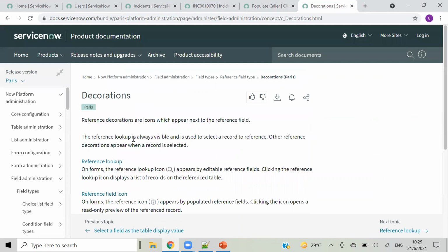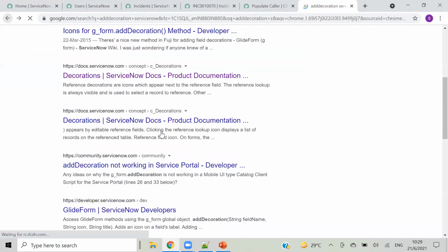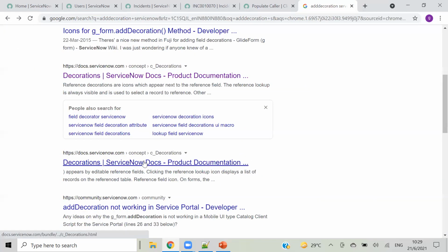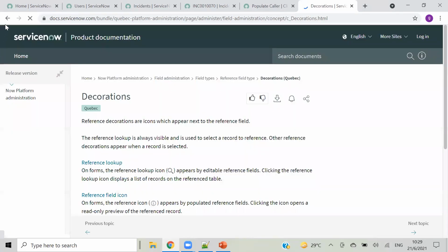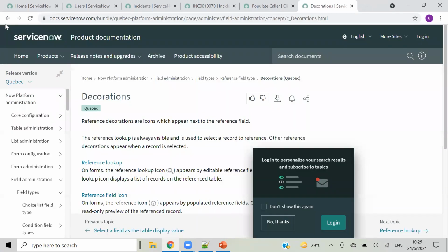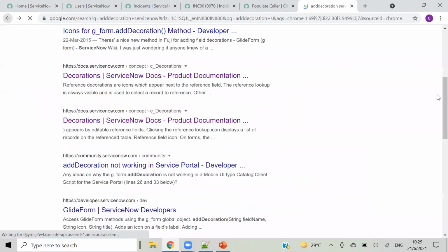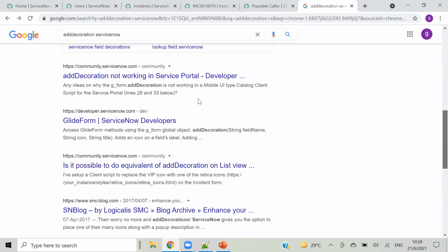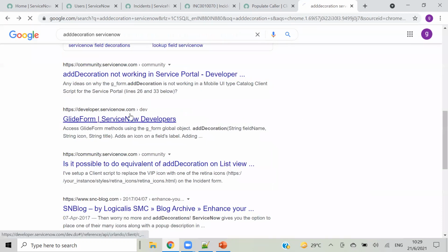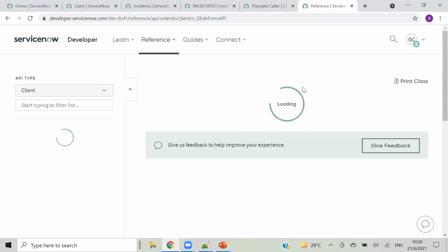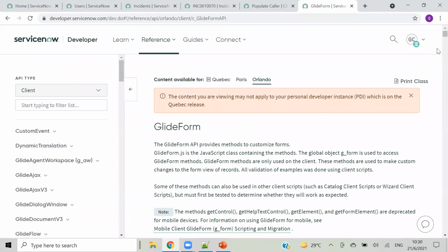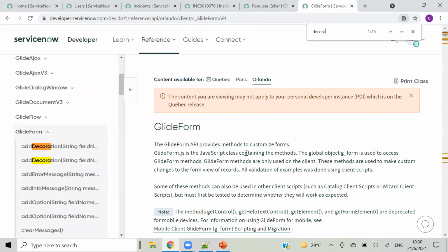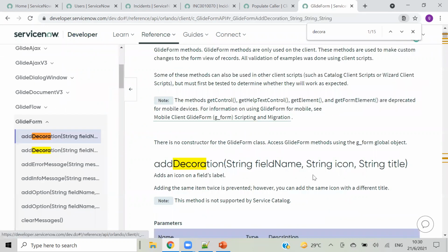No, it is not showing. Yes, this is our form, right? Decoration. Here is our addDecoration.